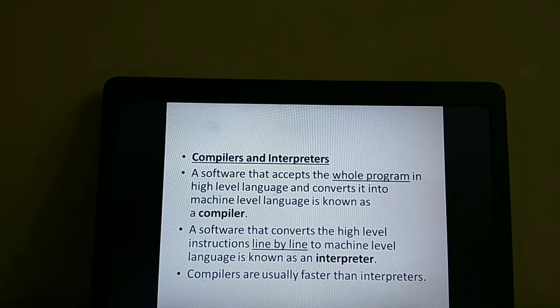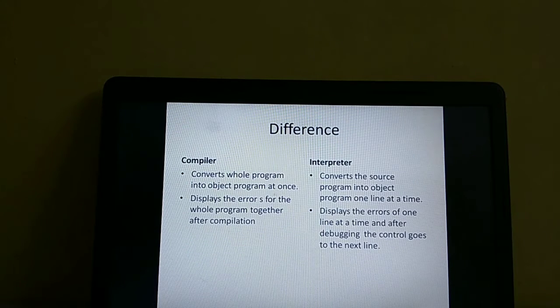Then I told you the difference between the interpreter and the compiler. What does the compiler as well as the interpreter do? Compiler accepts the whole program at once and converts it into machine level, whereas the interpreter will accept line by line statements from the program and then convert them. Okay, so compiler is usually called faster than the interpreter, and this was the difference that we had learned